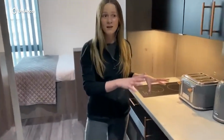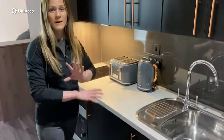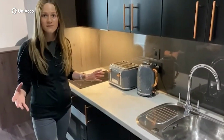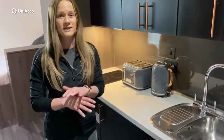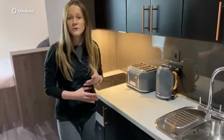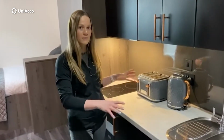What that basically means is you still get your amazing kitchenette space. So the kitchens are always the same size no matter what room type you're in. Plus, you're part of the award-winning True Student Experience. So with that, you will get to use all our amazing communal spaces and you will still get to live as a true student. So whilst we're here, I'm going to talk to you a little bit about your kitchen